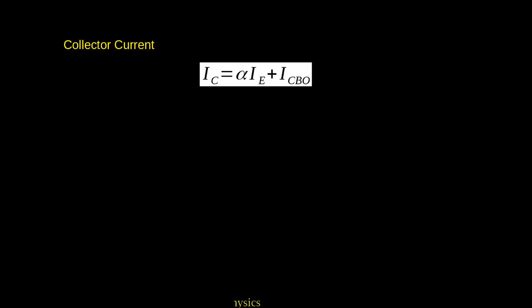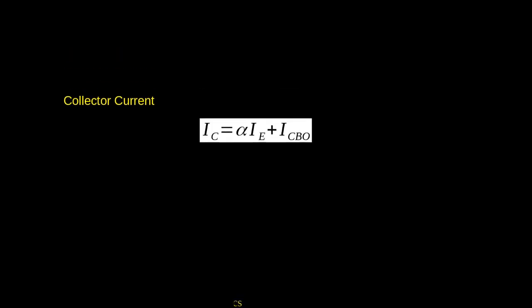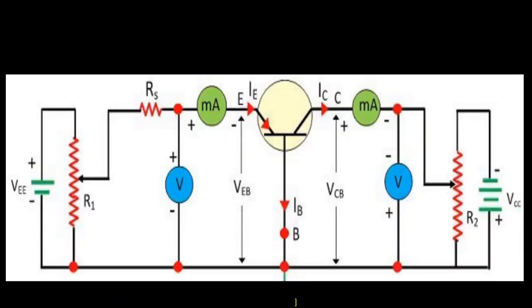So this leakage current is also abbreviated as ICBO, or we can simply say the collector current with emitter circuit open. So this is the collector current and base current of the transistor. Then if we are taking a circuit diagram of common base characteristics to study the common base characteristics, here the base is common to the input side, and again the base is common to the output side.